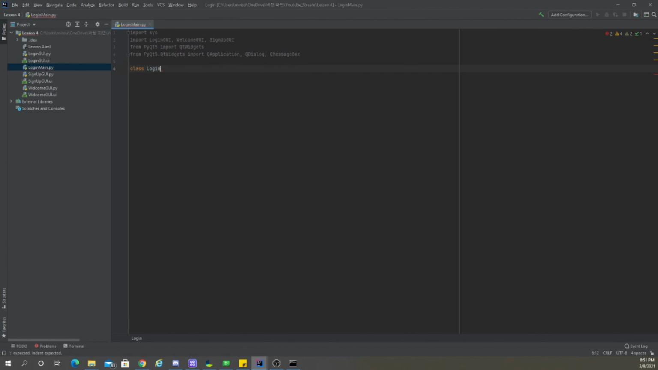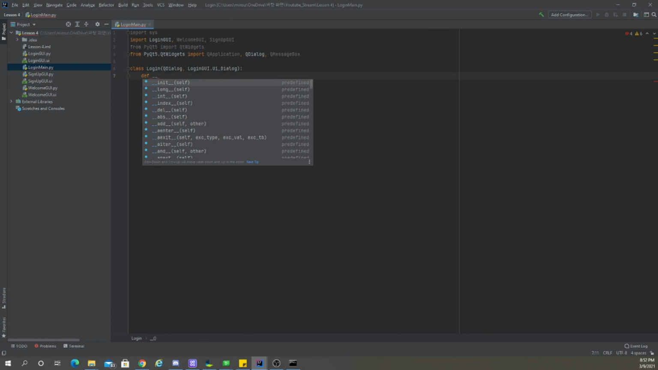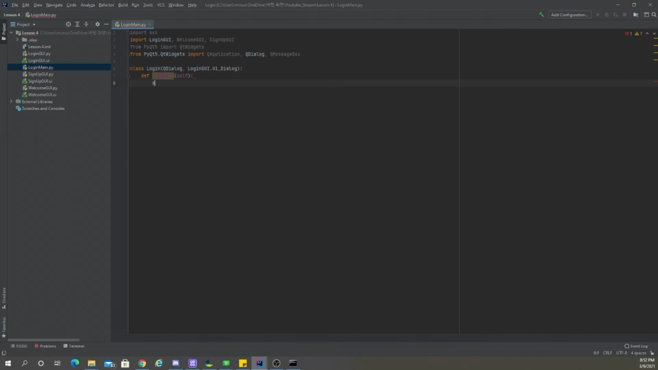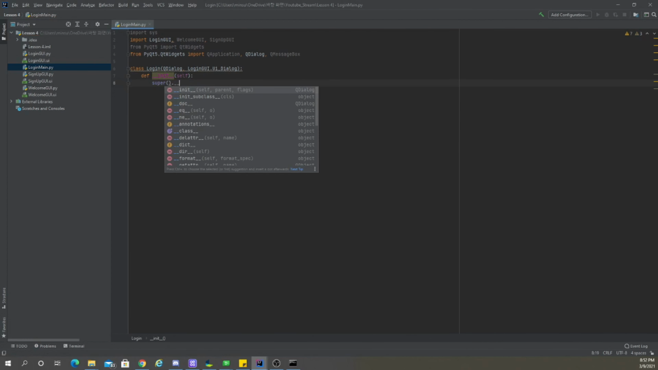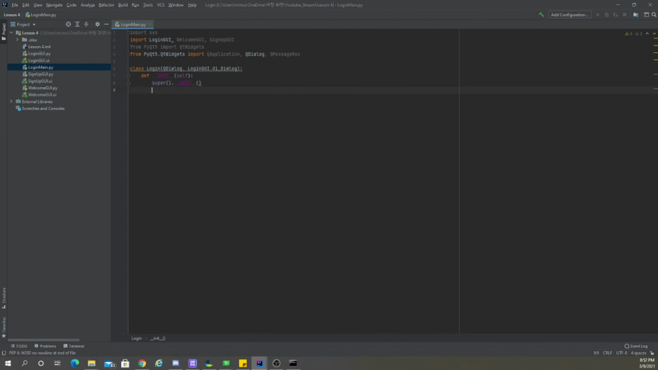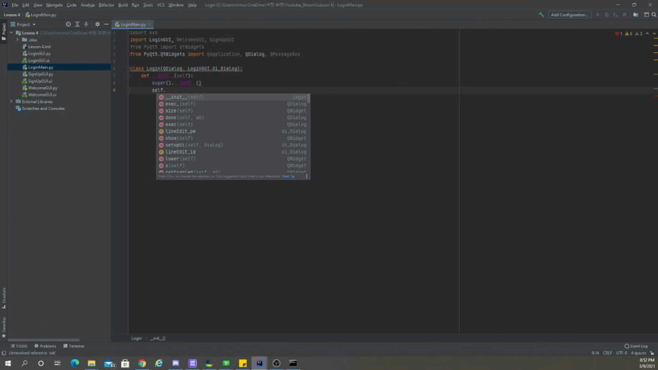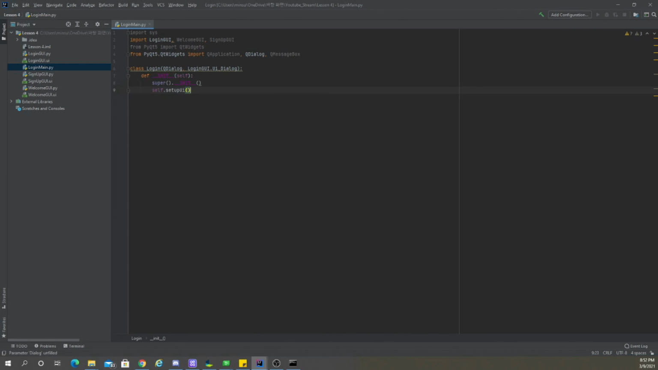So just import that, and first we're gonna create an instance of the class login, which will take Q dialog and take the login GUI, and here in itself super init, then self dot setup UI, and then we're gonna need to create